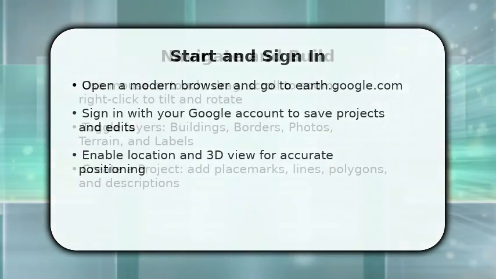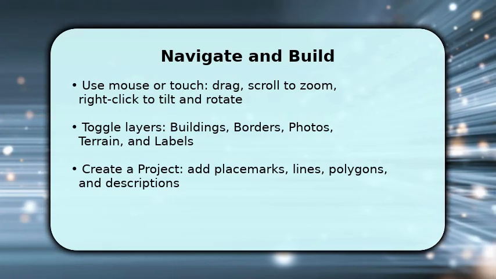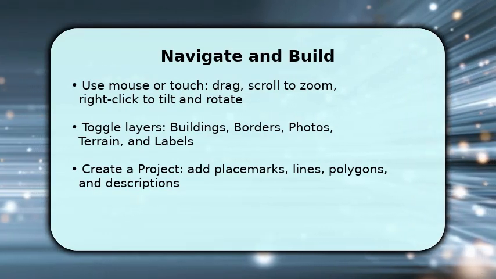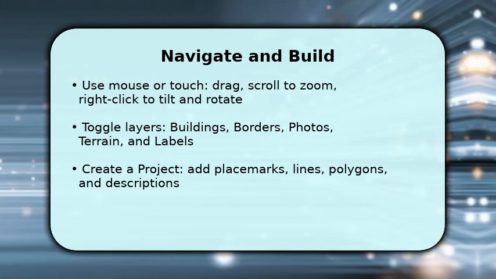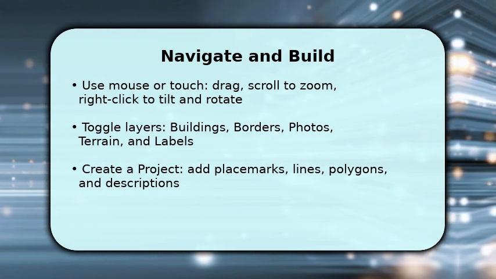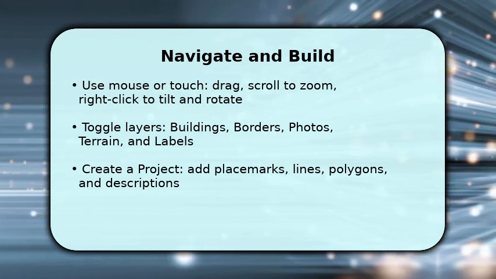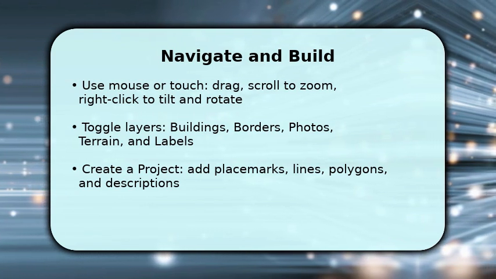Now you navigate and construct your view. Drag to pan, scroll to zoom, and hold right mouse or two fingers to tilt and rotate. This reveals 3D depth. Toggle layers to compare satellite imagery, borders, and terrain, because seeing labels versus raw imagery clarifies